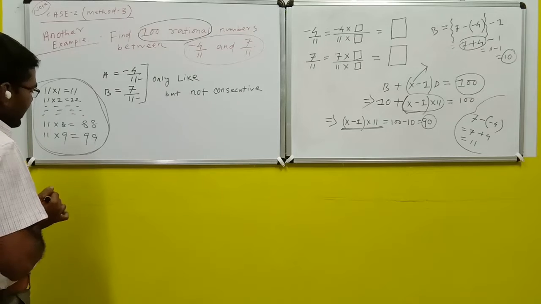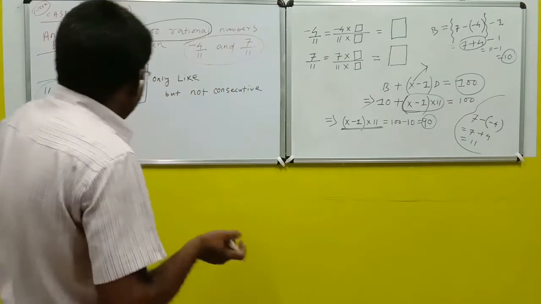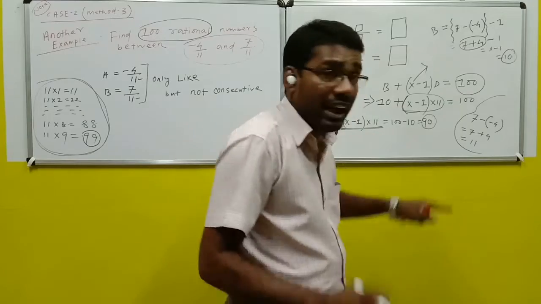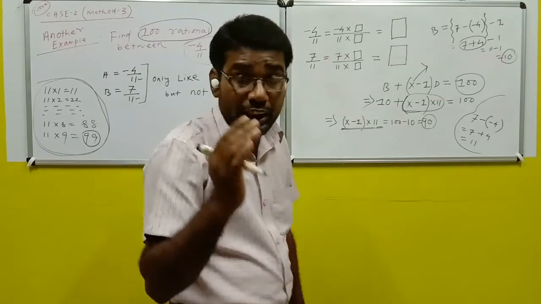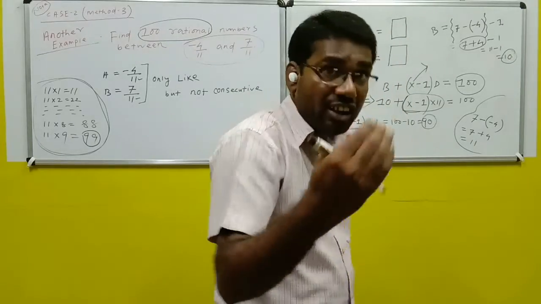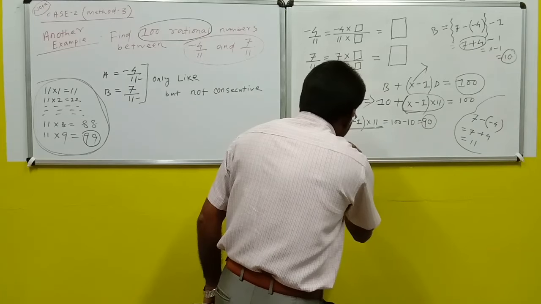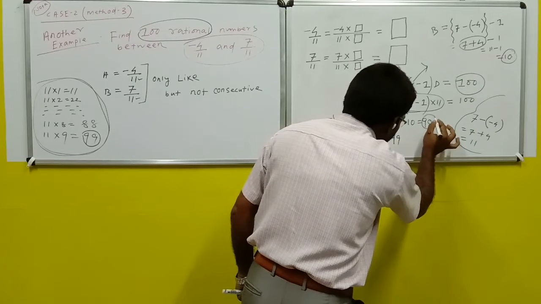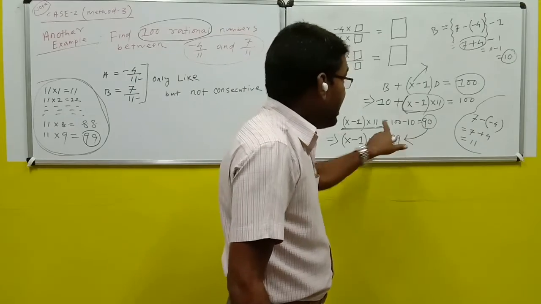Therefore, you have to take 99 because 99 is more than 90, so we will consider 99. We will take 99 in the place of 90 because 90 is not a multiple of 11. 90 is not a multiple of 11. This means there is no number like 90 in the table of 11, so which number greater than 90 is in the table of 11? It is 99. So you have to take 99 in this place. So finally you have got (x minus 1) into 11 equal to 90. In place of 90 we considered 99 because 99 is a multiple of 11, and 90 is not a multiple of 11.